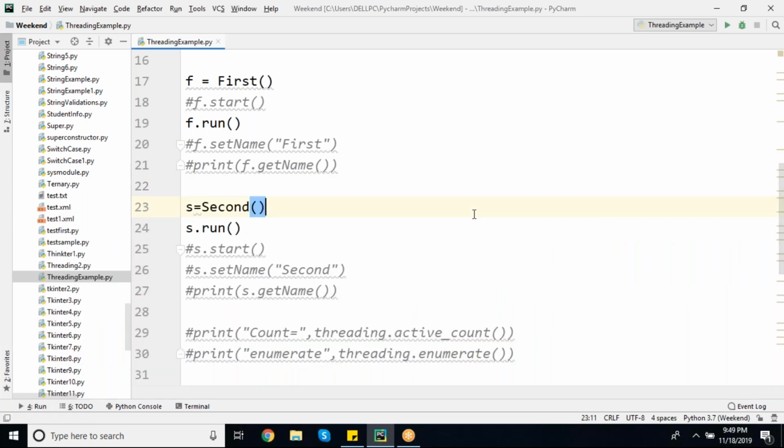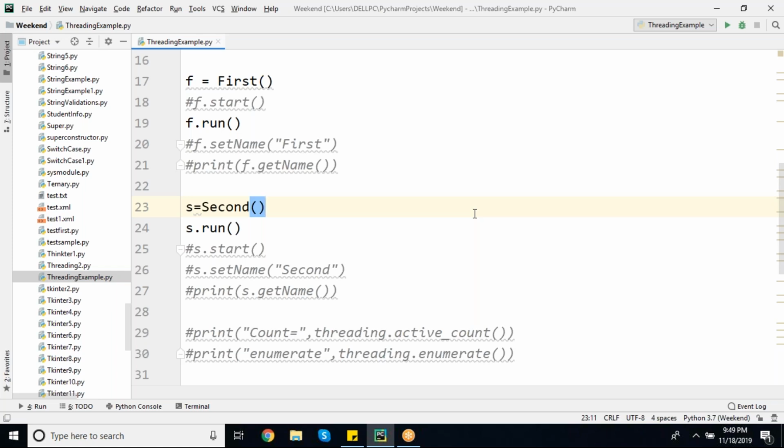Yes. That is what they'll ask in an interview: what will happen if I use run instead of start? Will this get executed or not? Most of us will say it won't get executed. It will get executed, but it won't behave like a thread. It performs the operation like a function.